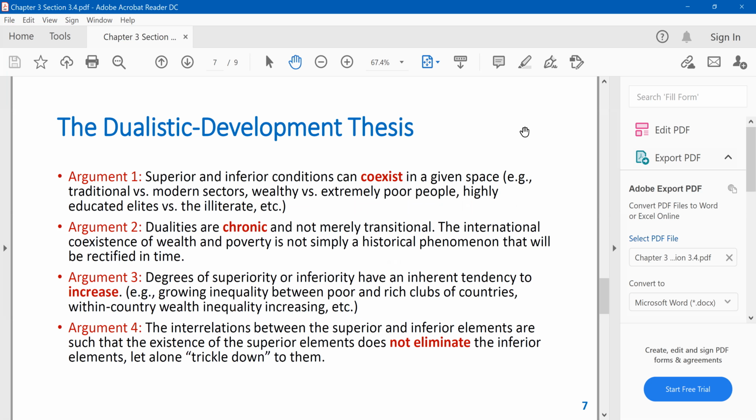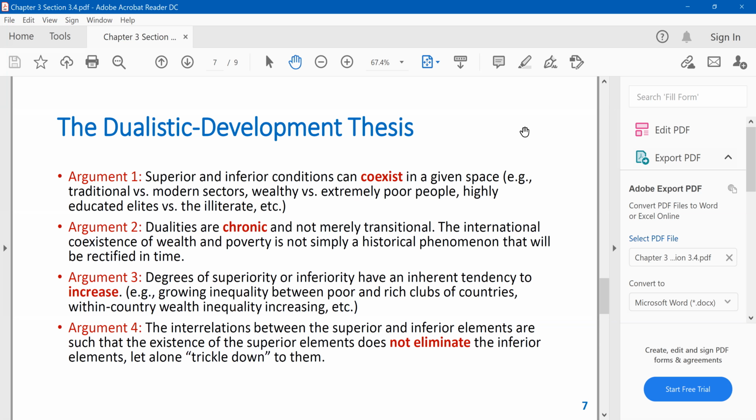One is that, again, superior and inferior conditions coexist. All right, as we discussed. The other is that these are chronic. Okay, this is not a phenomenon that can change in time when you leave the market be. Okay, when you leave the economy freely following a capitalist accumulation process, these chronic dualities will persist. They're not automatically resolved. Why? Because most of them